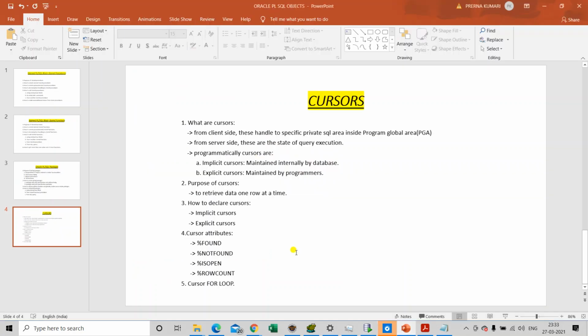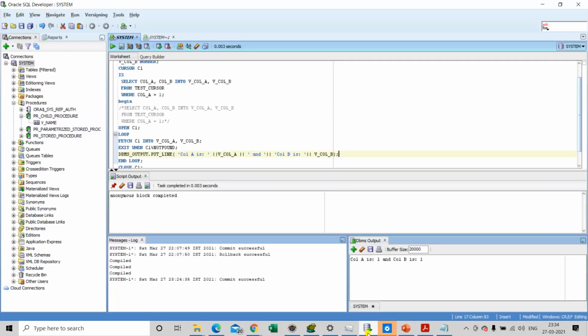So after that, now that we have covered the declarations of the cursors, we need to cover the cursor attributes. Cursor attributes are basically the values that Oracle database internally manages for the programmers, so that they can get the values for the cursor attributes, meaning the current state of what the query is executing. So these are of four types, that is %FOUND, %NOTFOUND, %ISOPEN, and %ROWCOUNT. So we will check the values of these four attributes inside our implicit and explicit cursors. First, have a look at the implicit cursors for all these cursor attributes.